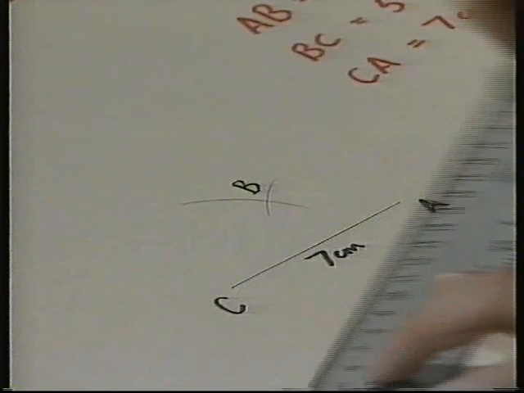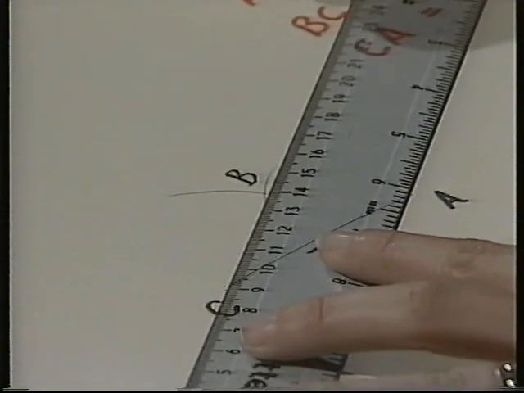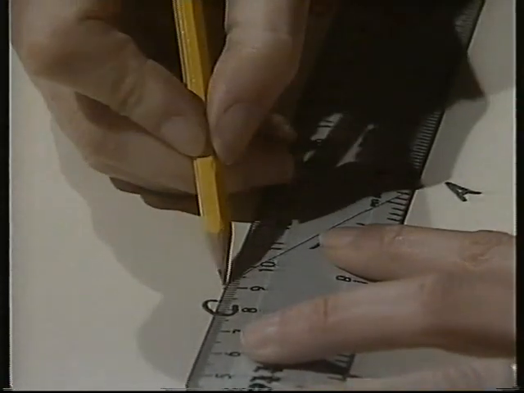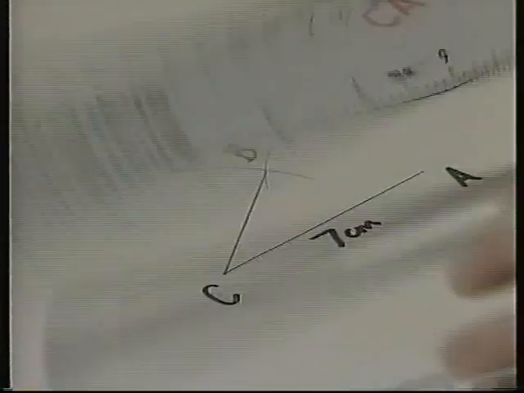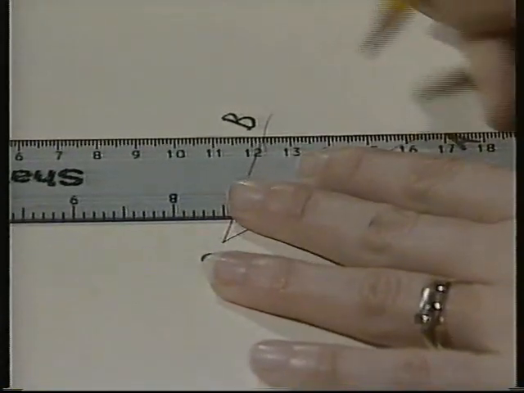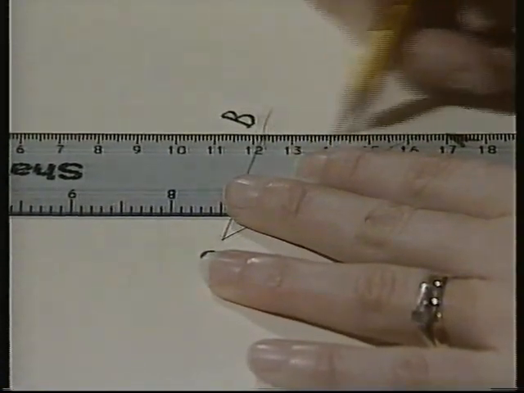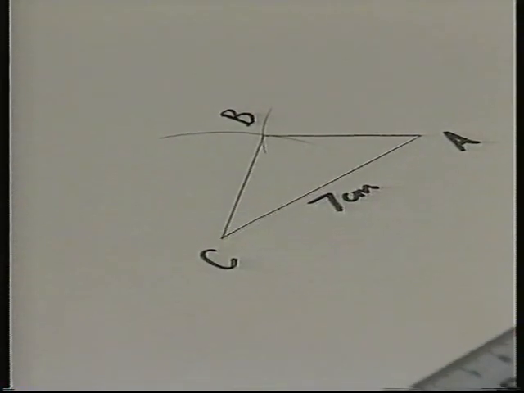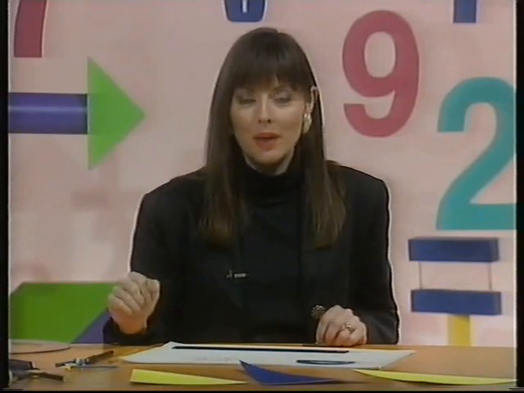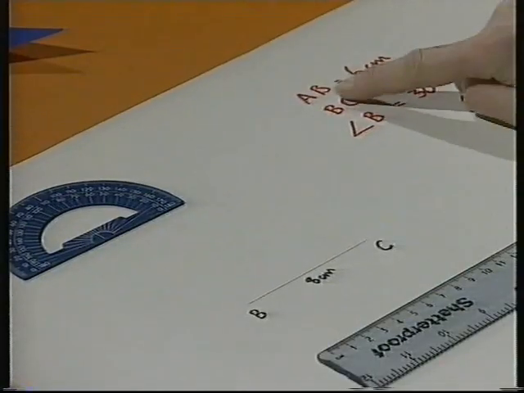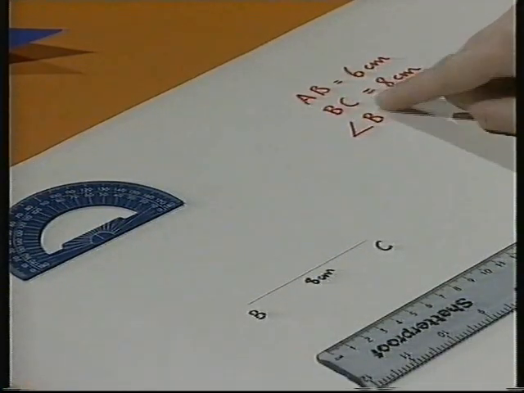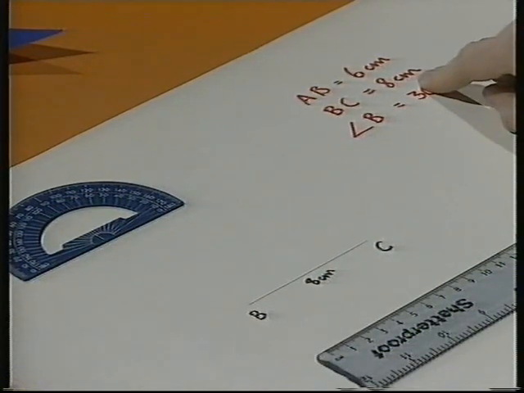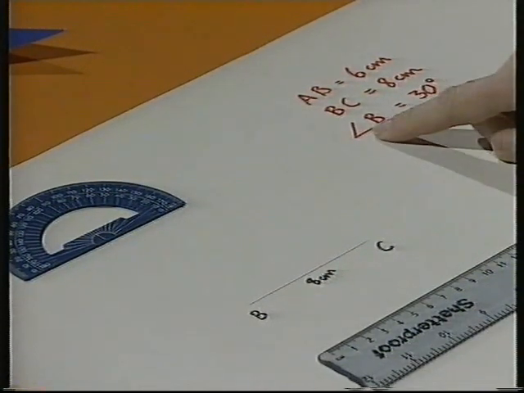Now all I need to do is fill in the lines, join B to C and B to A, and I have completed the triangle. You might be given two lengths and the included angle. And here we have two lengths, AB, 6 centimetres, BC, 8 centimetres, and the included angle, which is angle B,